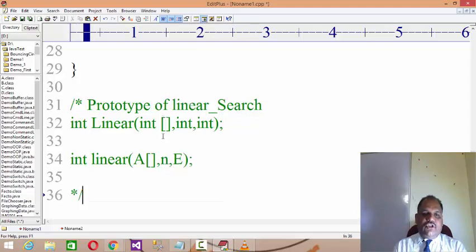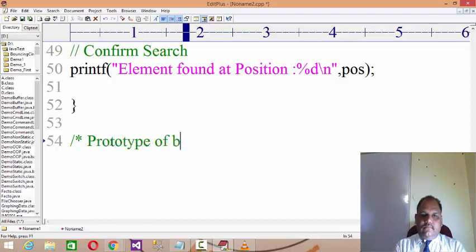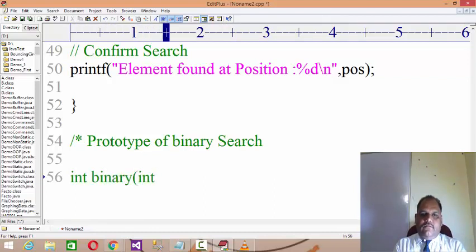In a similar manner, if you want to develop the function for binary search, int binary, we again require an array, a size, and an element to search, and you can apply the same logic over here.